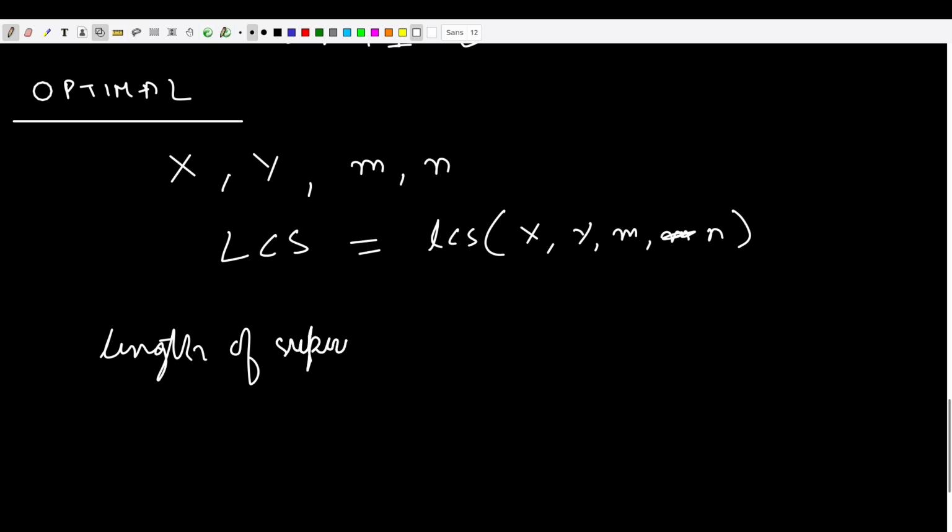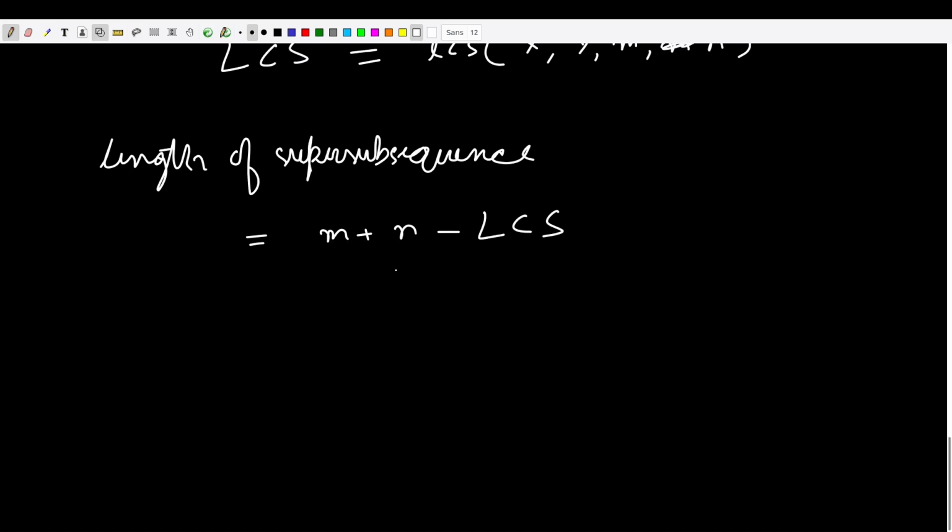Then the length of the super subsequence will be given by the formula m plus n minus LCS. Okay, so if you want to correlate this, you can correlate it